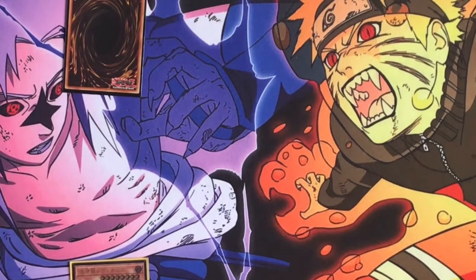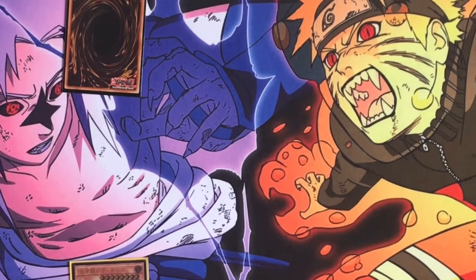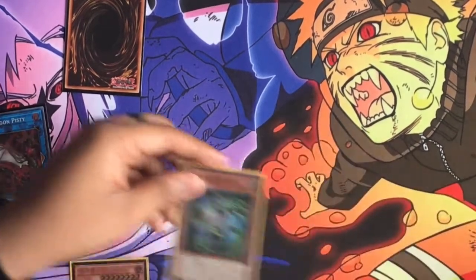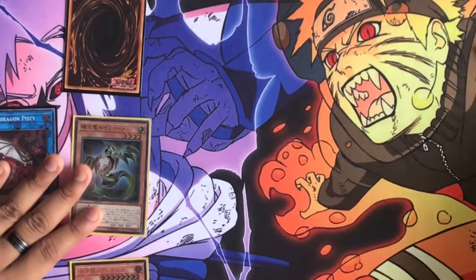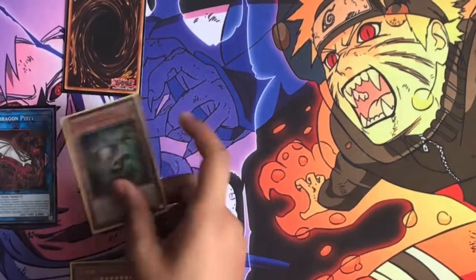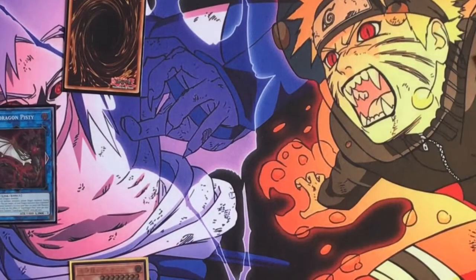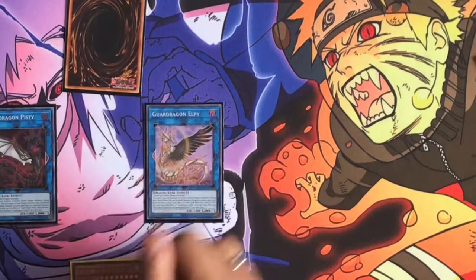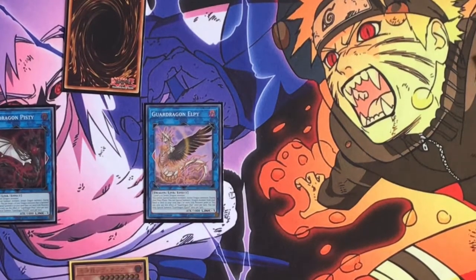Ulpi or Pitsty. It's really all your choice. I'm just gonna go for Pitsty, and then I'm gonna use Pitsty to special summon back my Star Leech from banish. Then I'm gonna link my Star Leech into Ulpi. And then Ulpi will drop and bring out